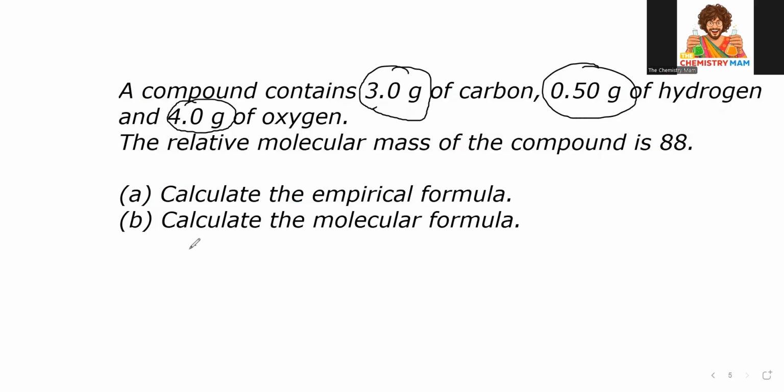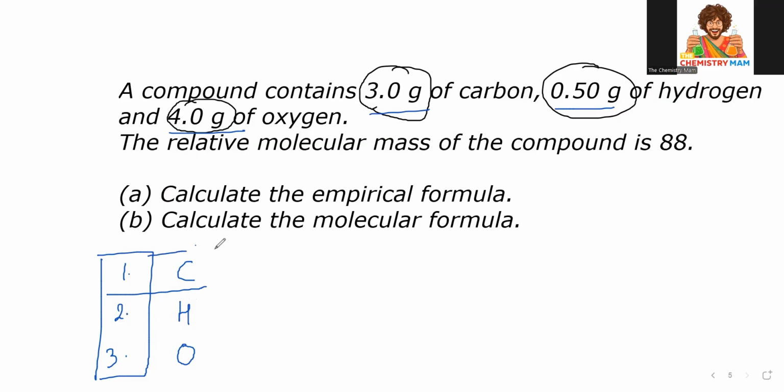Anyways, over here we don't have to worry about the masses summing up to some particular value. Like for percentages, I was saying that the percentage should come out to be 100. Over here, I don't need to worry about anything. So I'll take it as it is. So carbon, hydrogen, and oxygen, serial number one, two, three. So I'll make one column of serial number,